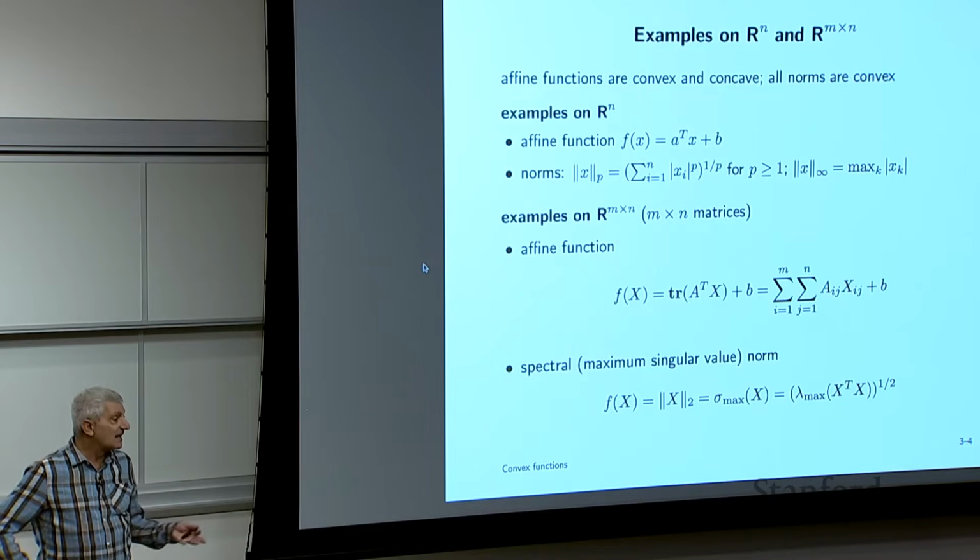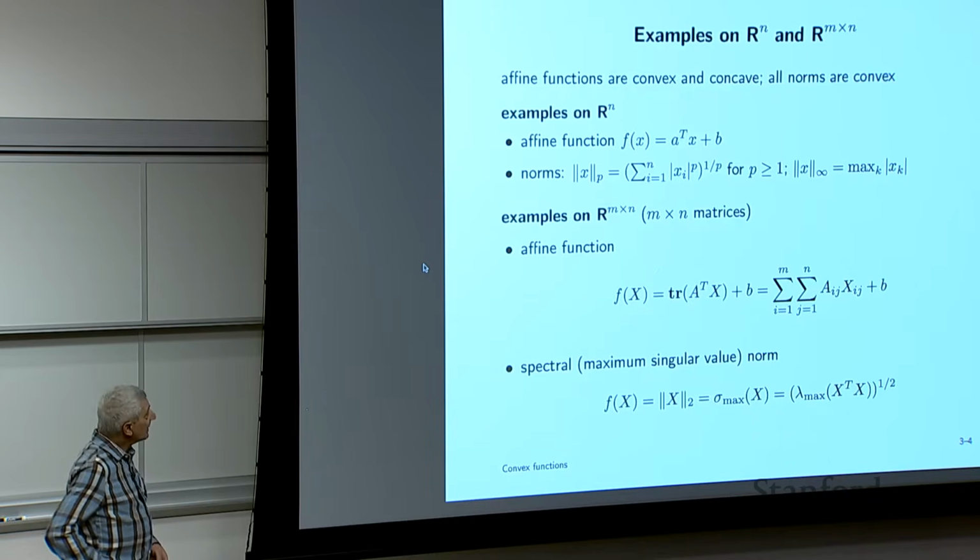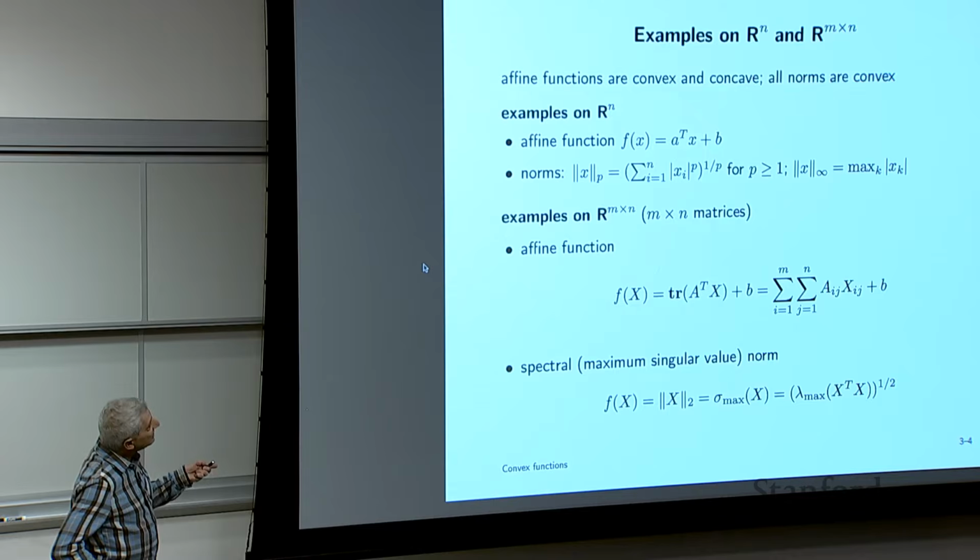So we're going to look at things like that, or actually the norm of a matrix, okay? And here, it's interesting to know, what does an affine function on a matrix look like? Well, you know that an affine function on a vector looks like this. There exists a vector A and a scalar B for which the function has the form A transpose X plus B, right? Well, the analog of that for matrices is actually really interesting.